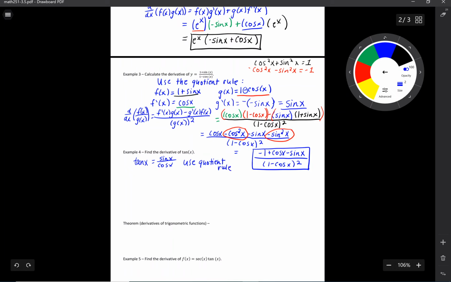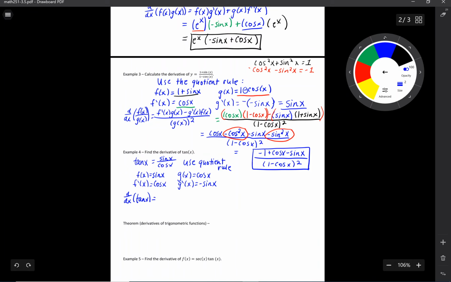So I set my top function to f of x, which is sine of x, and my bottom function as g, which is cosine. This makes f prime of x equal to the derivative of sine of x, which is cosine of x, and g prime, the derivative of cosine of x, is negative sine of x. So then the derivative of tangent of x